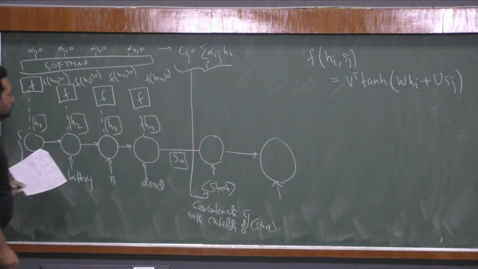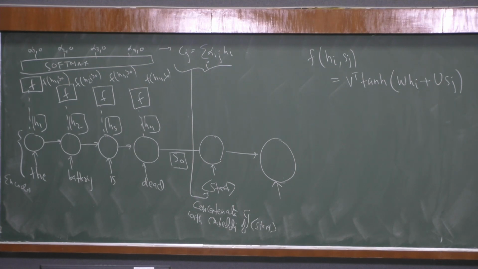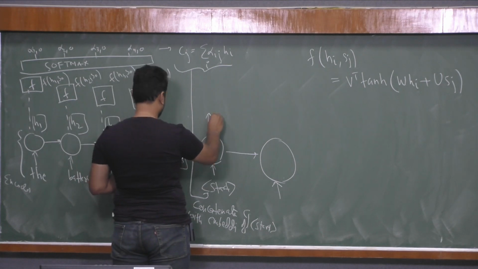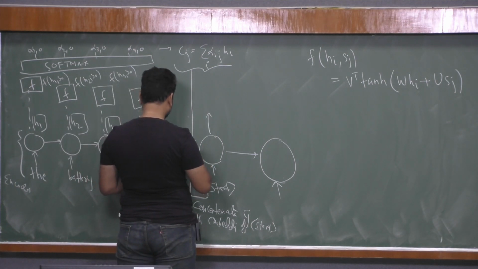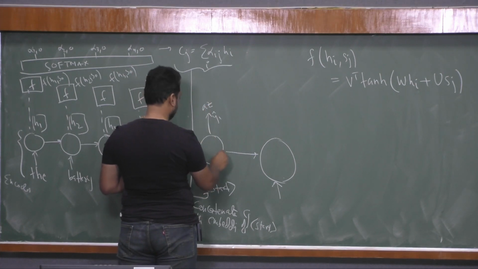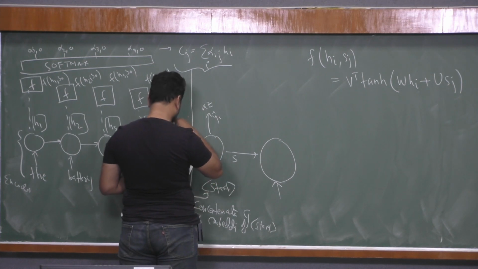Okay, so basically this idea is now repeated. Once it goes there, it will produce some output, let us say y hat 1, and from here it will also produce some